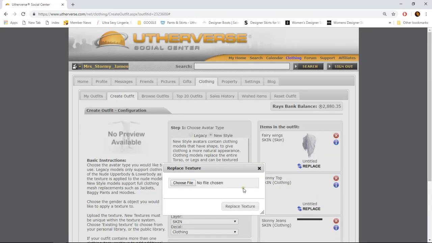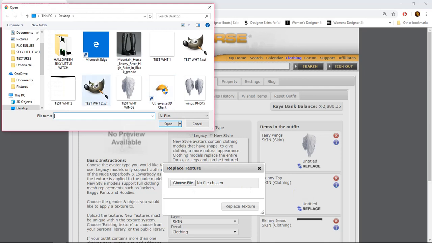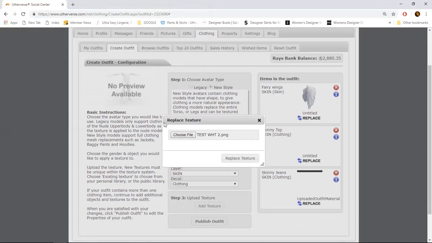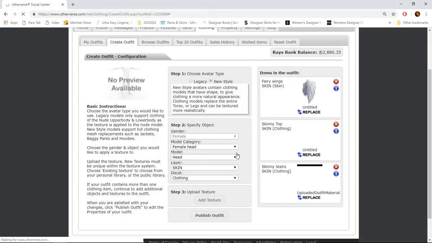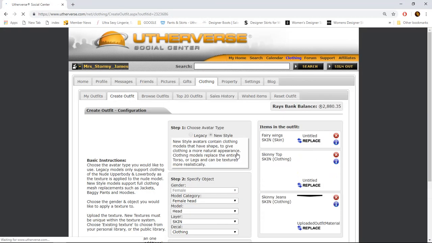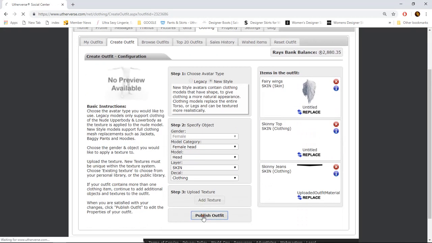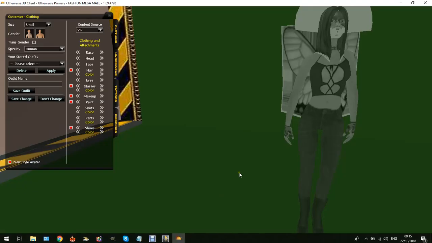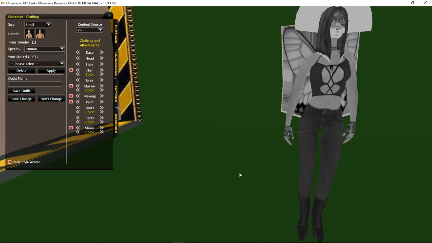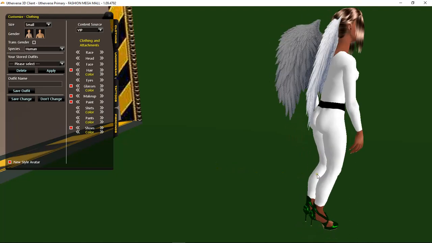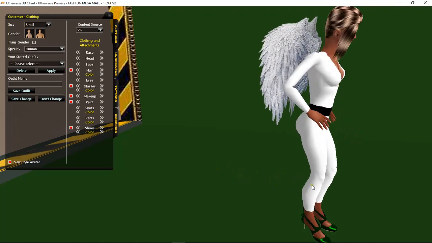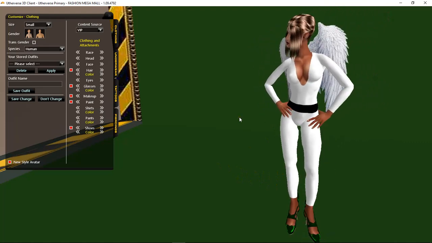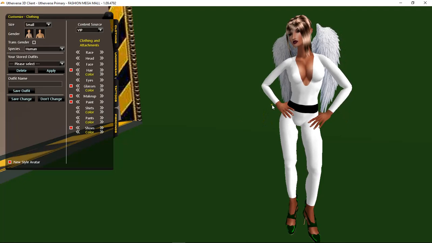And again, choose file, this one, replace, publish, test on avatar. And there you can see that's cut it. It's actually made it thinner, but you get the idea of what I'm saying about you must cut